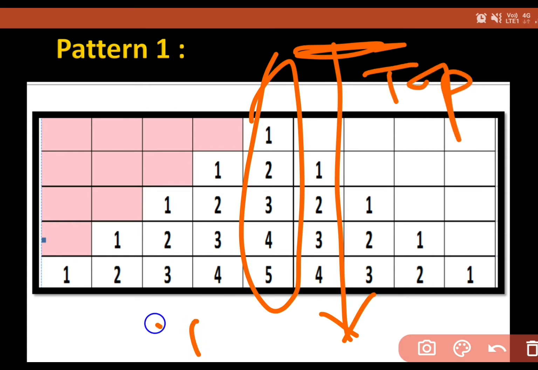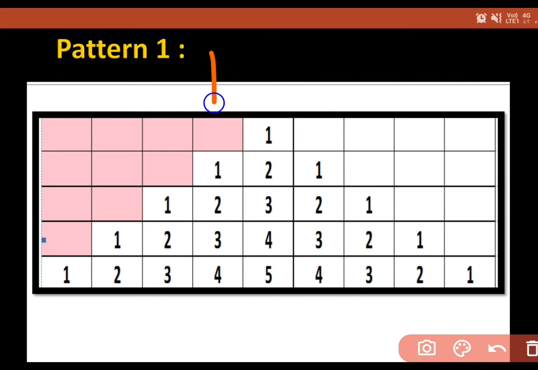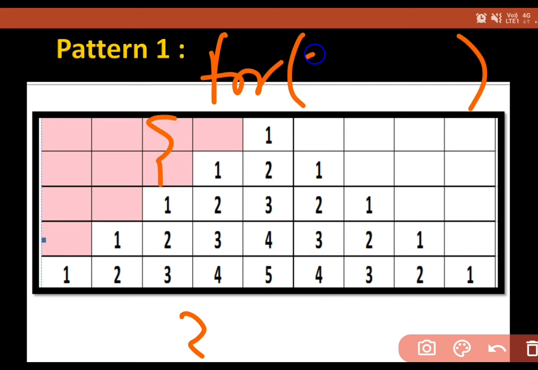Try to find the changes, and that change is your row, meaning I. Our I is fixed. My outer for is I for rows. The counting will be 1 to 5.